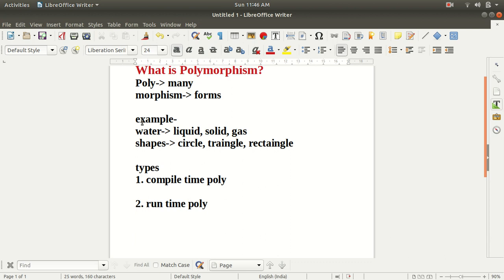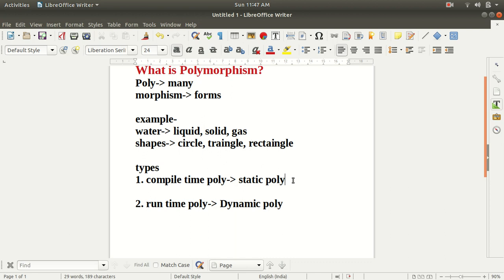In Java the compile time polymorphism is also called static polymorphism, and the runtime polymorphism is also called dynamic polymorphism. It is very important: compile time is static and runtime is dynamic.